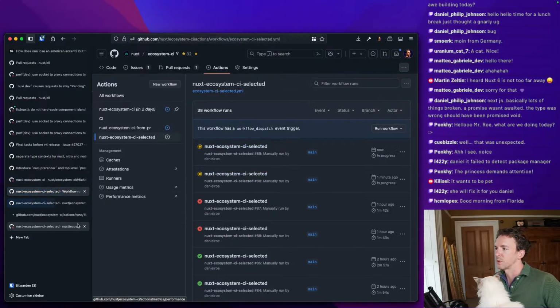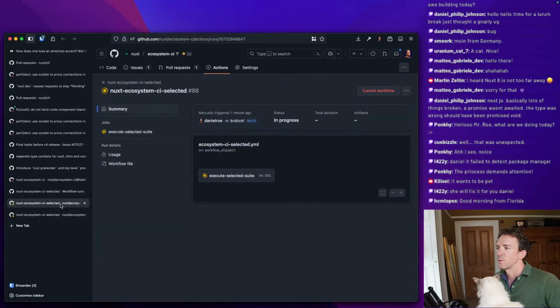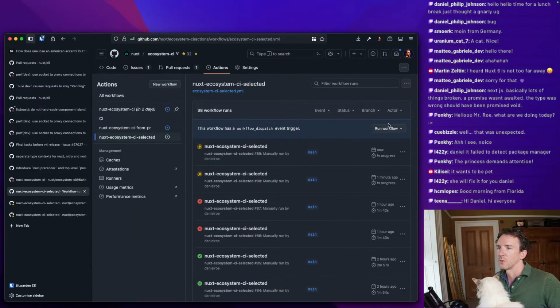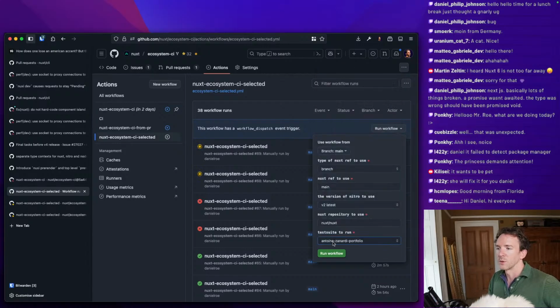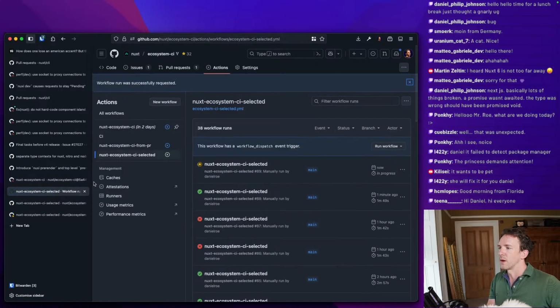So I'll fire those up just so we can see them. If those run fine, I guess they probably will. I'll just trigger off one more. So we've got all of our options passing hopefully on the main branch, and then we can rerun our